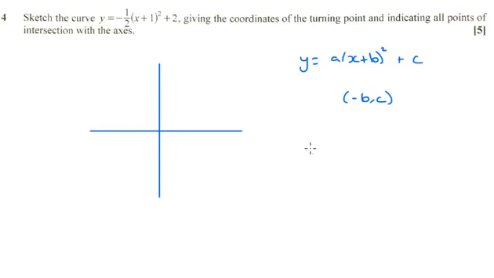say that the turning point is going to be at -1, 2. We also know that it's a negative quadratic, so we know the shape of the graph is going to be like this. So something like that. I'm going to draw that much neater in a minute, but that's the kind of thing we're